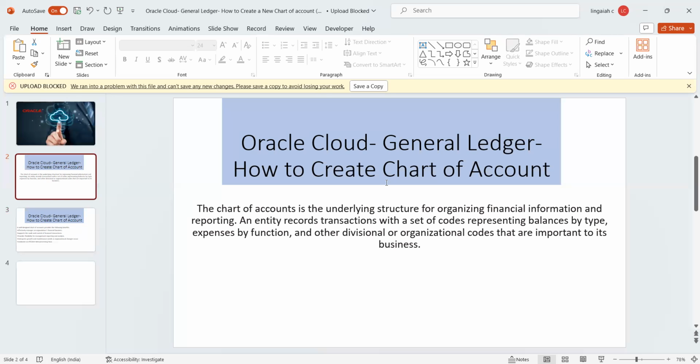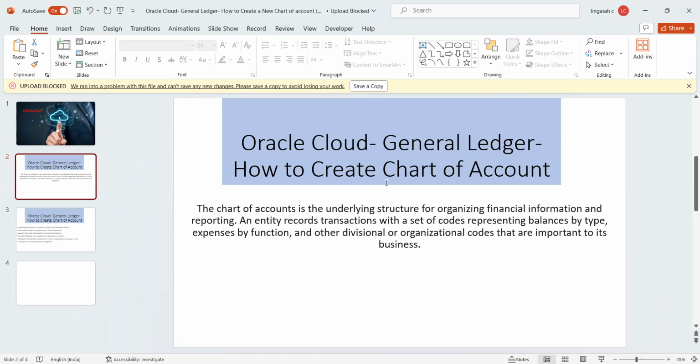So here, ideally, this will be implemented at the time when you implement a new ERP for the company, or I would say the client. While implementing, first we need to engage with the client to understand their current business, the as-is process, and how many segments they are using in the current ERP system, for example SAP or any other